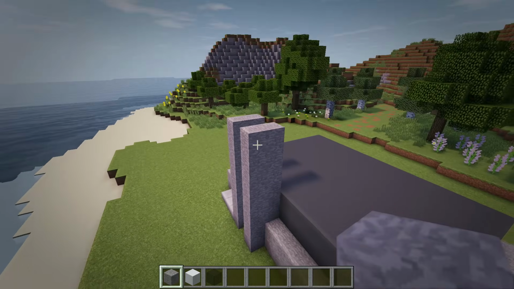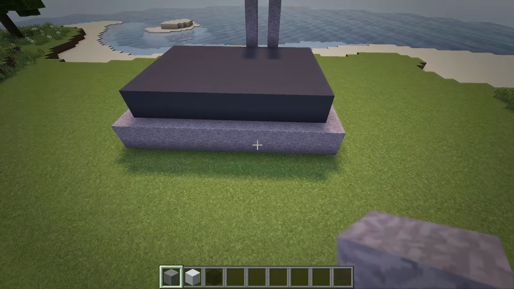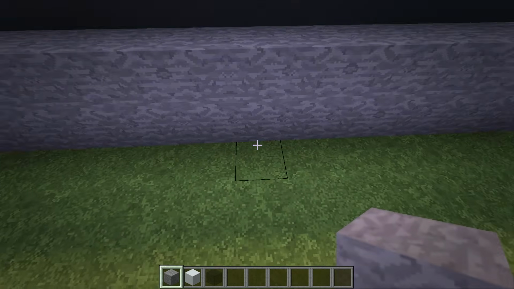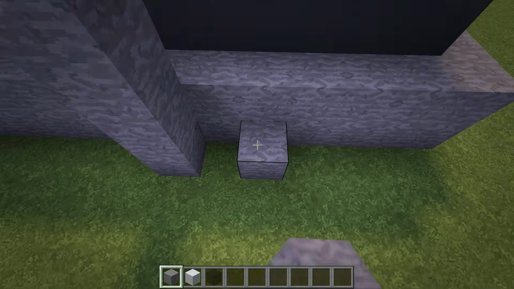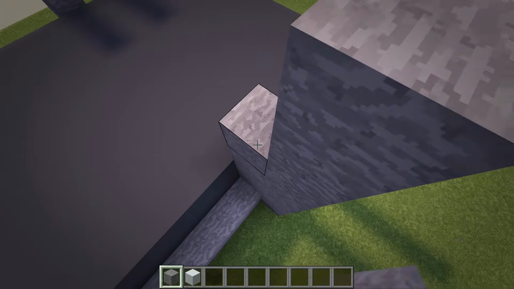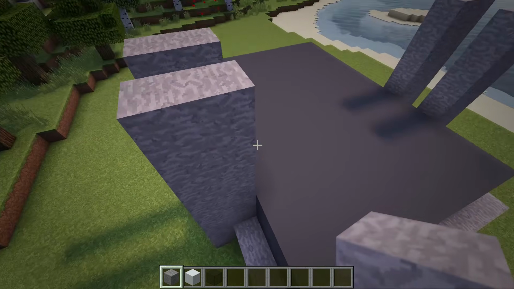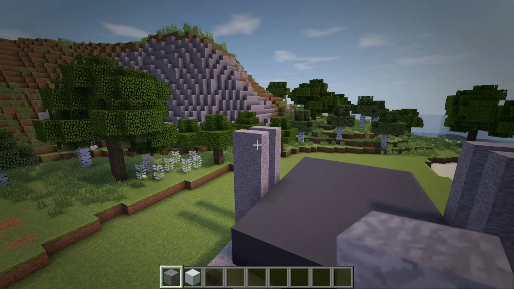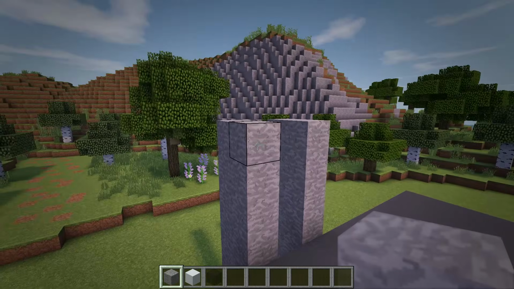So once the columns are like this, we can then add in these same columns at the same spot at the back of the house. And then with all 4 columns up, let's now connect the columns parallel to each other by placing stone blocks across the top layers of these to create some beams.